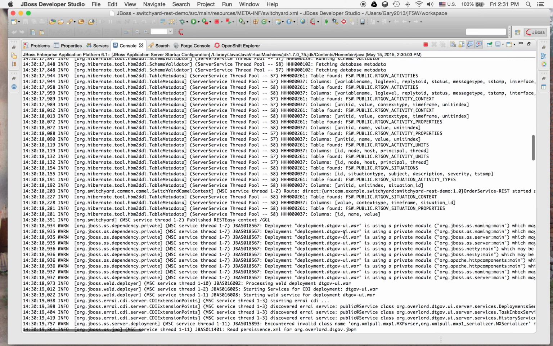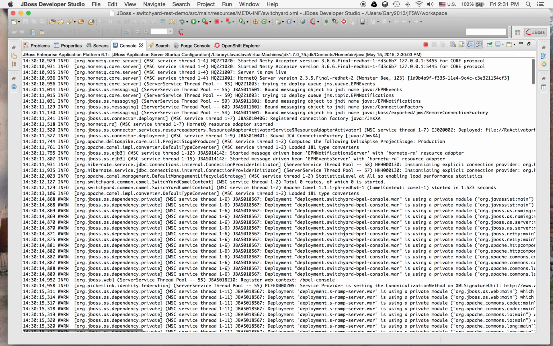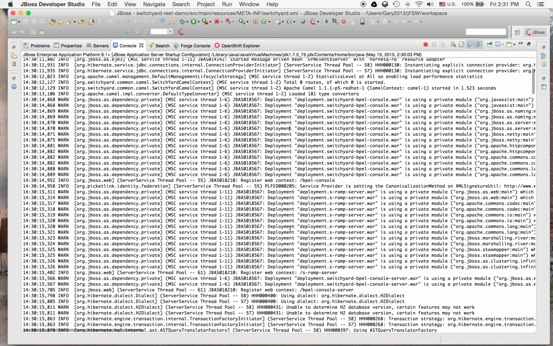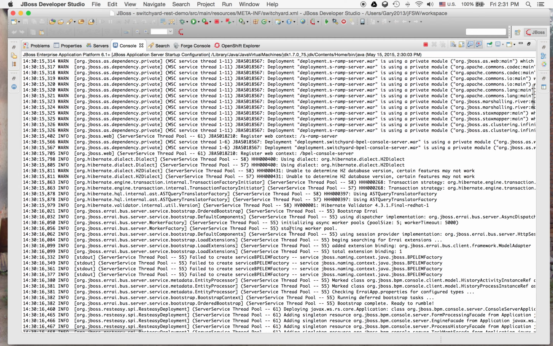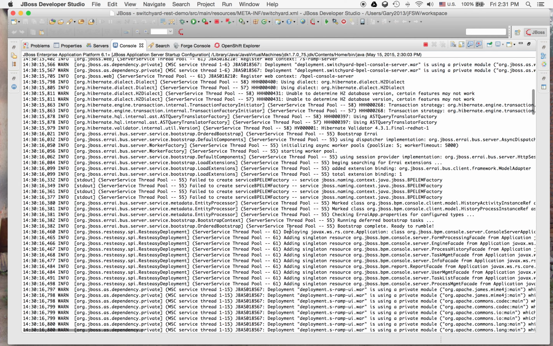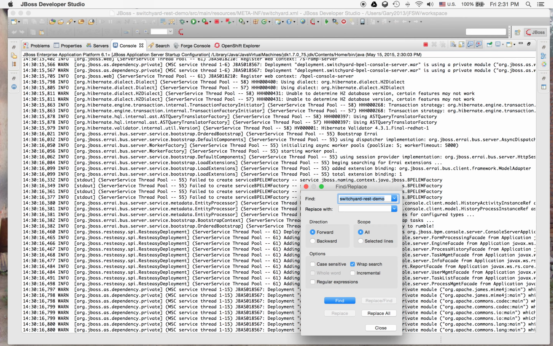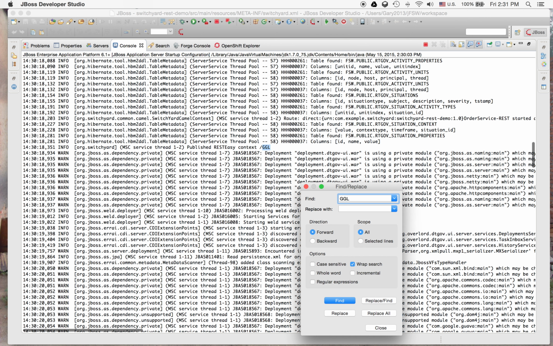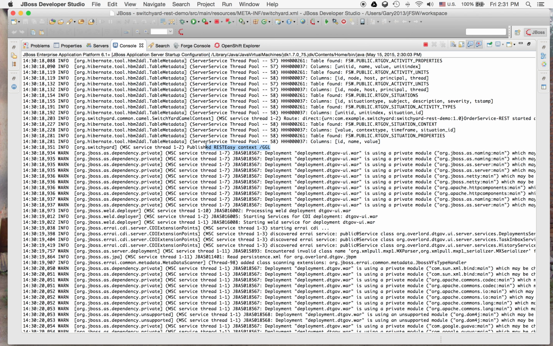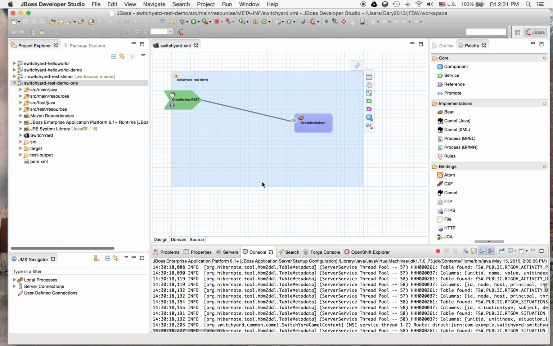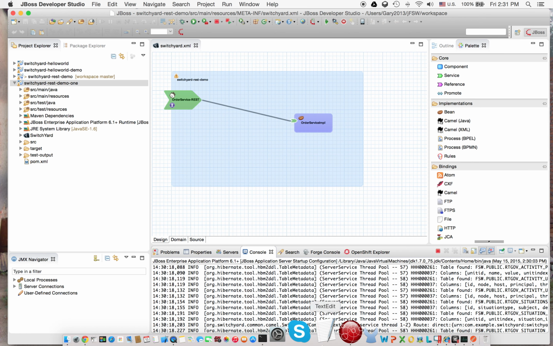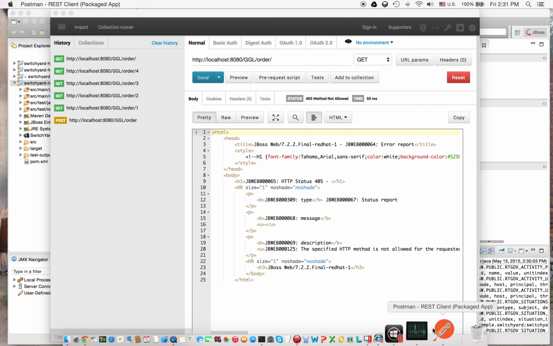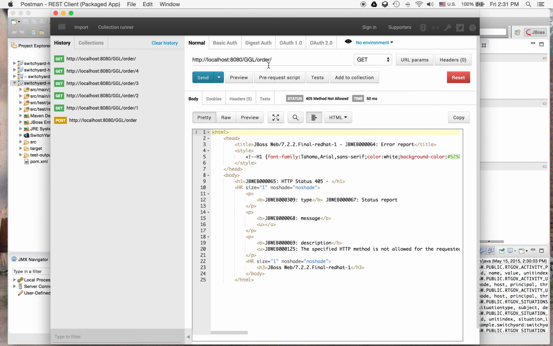So remember last time, there's a lot of information you should pay attention to. I know there was some issue when I saw this. If you do search, right? Because we're looking for the context, the GGL. This should be there. All right. So I think this time now the server is good. We should be able to run. Let's do invocation